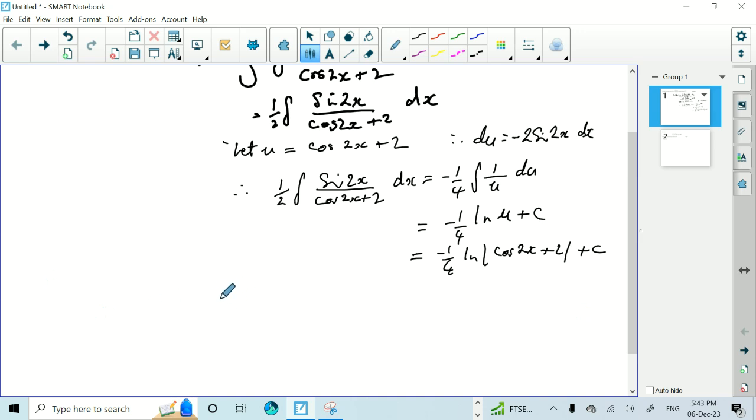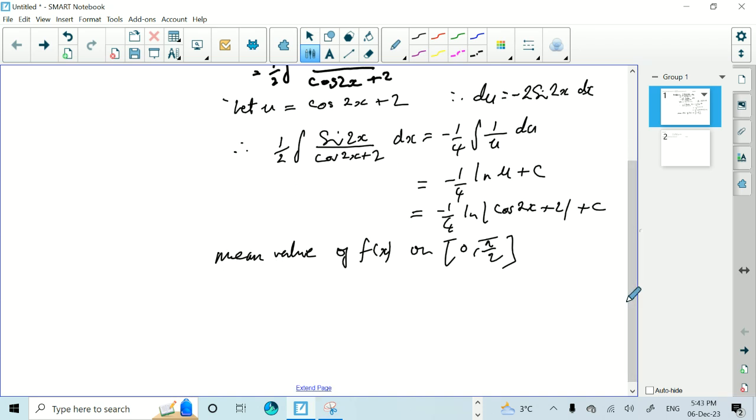So I need to write the mean value of the function of x on 0 to pi over 2, which will give us 2 over pi times the integral with the limits